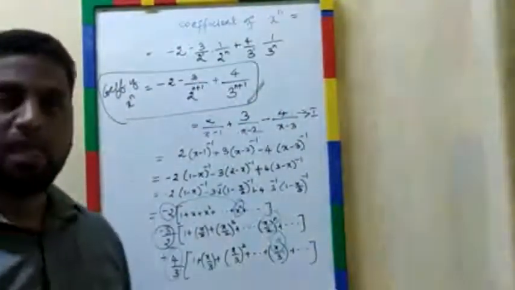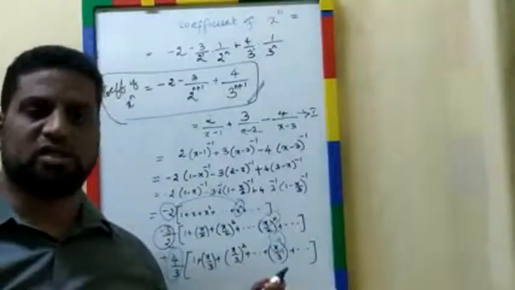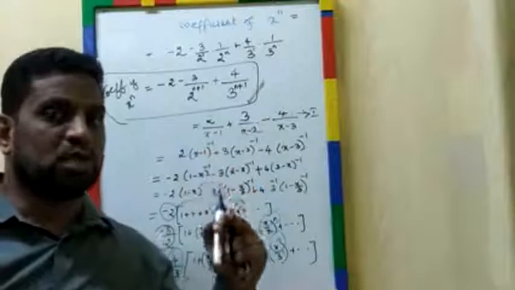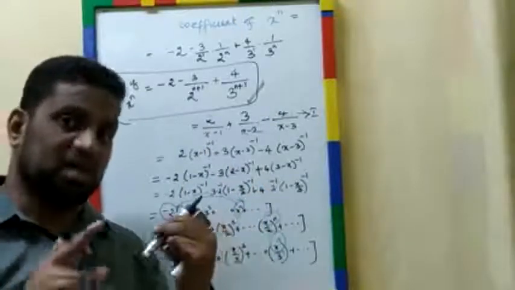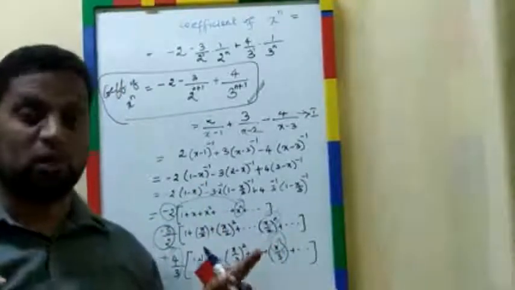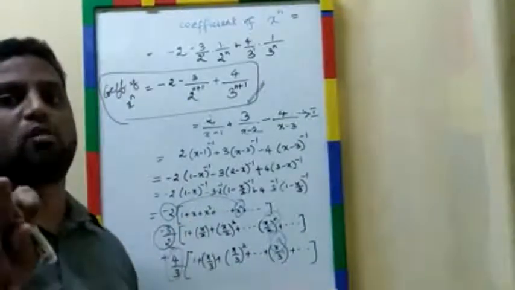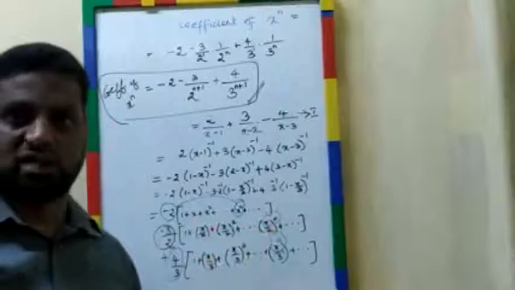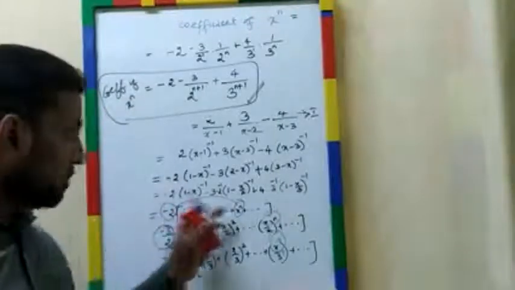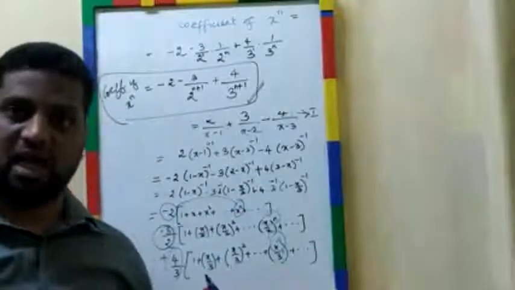Do you understand? So in a similar way, for each and every problem of finding the coefficient of x power n, you first solve the problem using the partial fraction method. Either it may be a type 1, type 2 or type 3 method. In this problem, type 1 method I have solved. So you have to solve the partial fraction and then you apply the binomial expansion formula I have given already at the starting of this unit, in this chapter. So using those binomial expansion formulas, you apply here and then simplify, you easily get the coefficient of x power n. Okay.